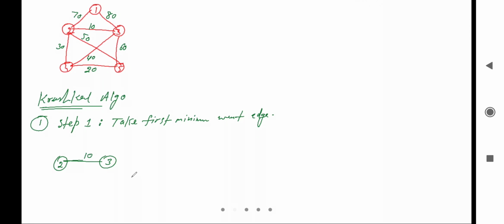After that we'll take the next minimum, right? So what should be the next minimum out of these? So next